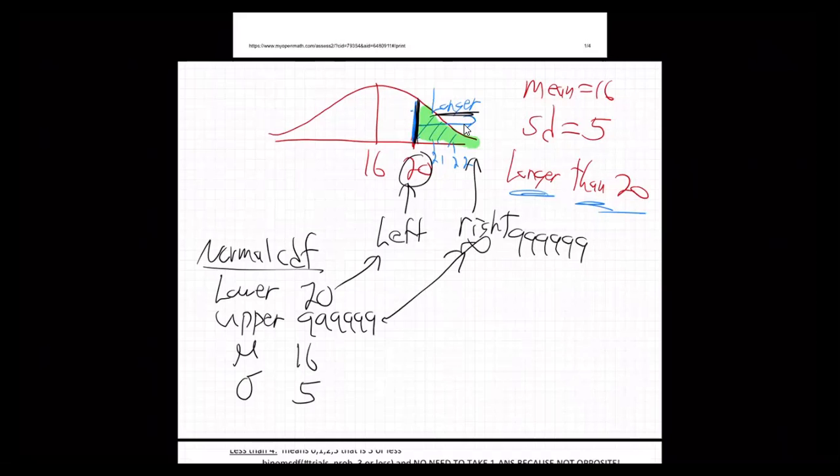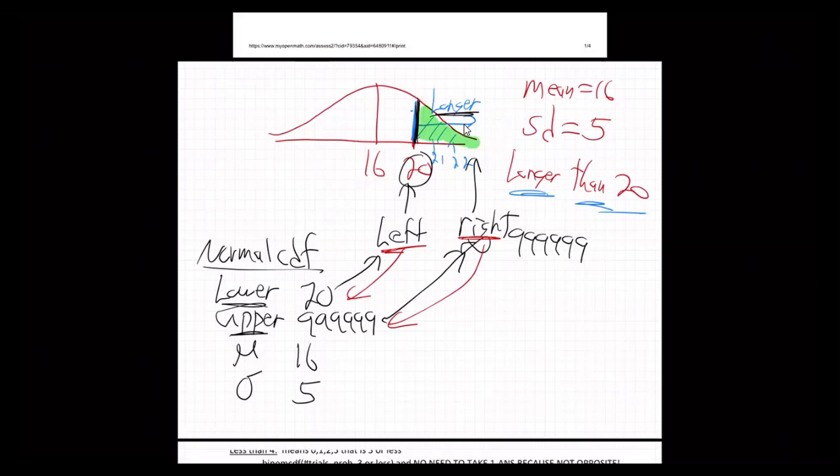Is that making sense for everybody, how you do this one? It's all about the left edge and the right edge, what they call lower and upper, or left and right. It's left and right of the chunk of shading. So you got to get that picture. Don't skip that picture. You got to draw that picture because you have to see the left edge right here, and the right edge is like forever to the right of that chunk of shading,